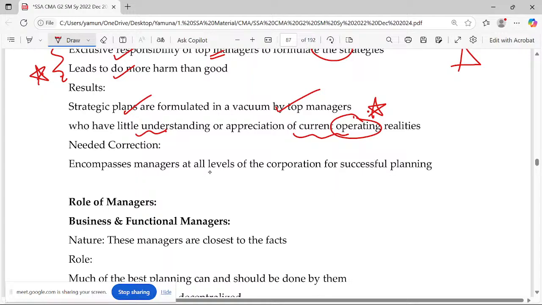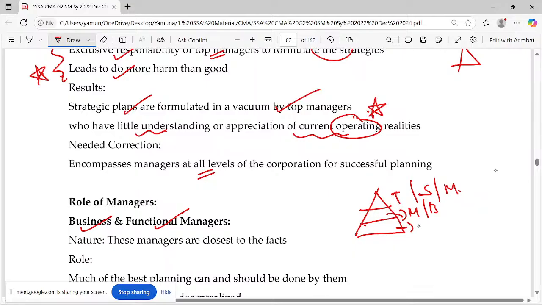So all the level managers will be playing a role. They will play together. When you talk about the business and function level, we call the first one the top level, or strategic level, or management level. The second level we call the middle level or business level. The third level is what you call the bottom level or low level, the functional level.